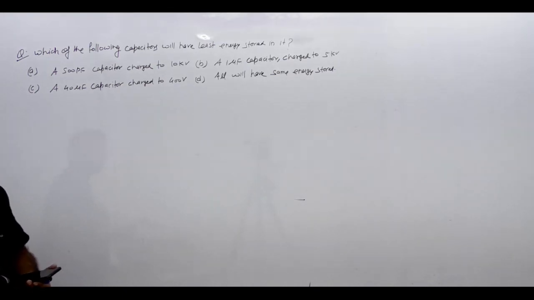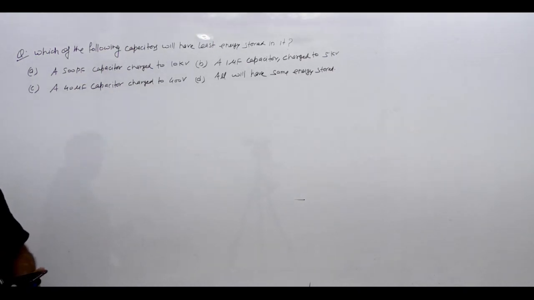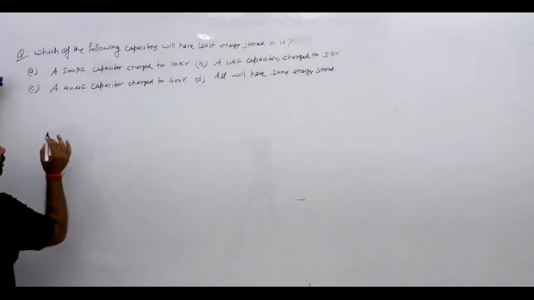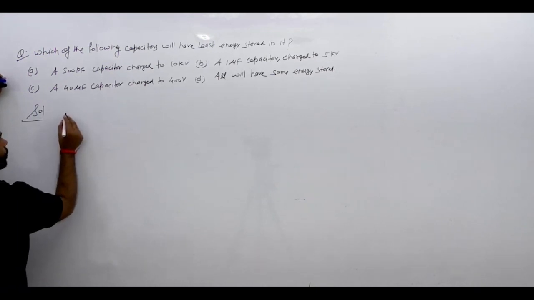तो देखते हैं क्या ऑप्शन होगा भाई हमारा। सो लेट्स चेक द डेटा: 500 pF, 10 kV; 1 microfarad, 5 kV; and 40 microfarad, 400 volt. I think this is your data. So it is exact data. Okay. अगर हम बात करते हैं पहले ऑप्शन की, क्योंकि ये क्वेश्चन जो है अपने ऑप्शन वाइज सॉल्व करना पड़ेगा, तो ऑप्शन नंबर देखते हैं पहला,